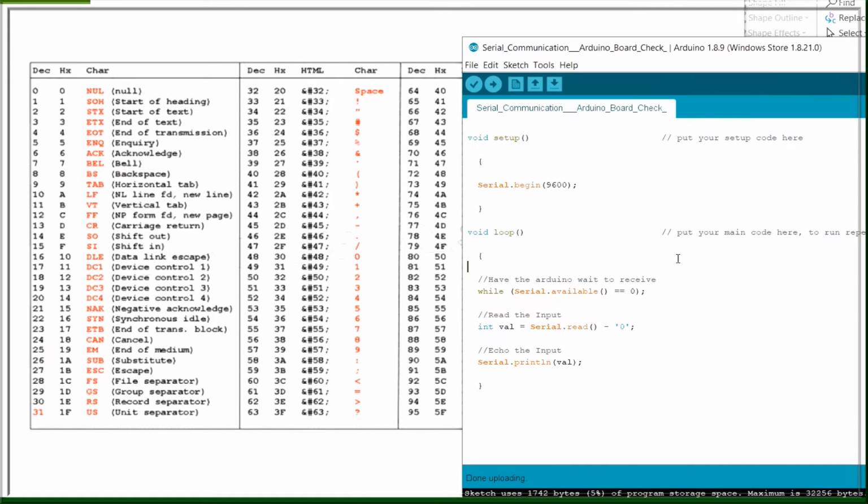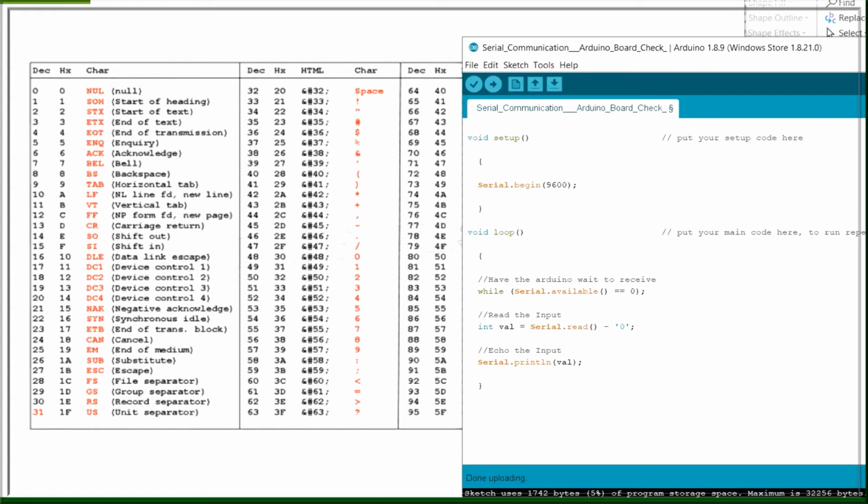Okay, here you can see the serial input value, Serial.read. We are going to give the value 2 here, and here I'm going to give the value 0. Okay, it is going to subtract. What is the value of 2? The value of 2 is 50. And what is the value of 0? The value of 0 is 48. What is the result? 50 minus 48 is 2. Okay, you're getting it. This is the reason I'm subtracting the character value.